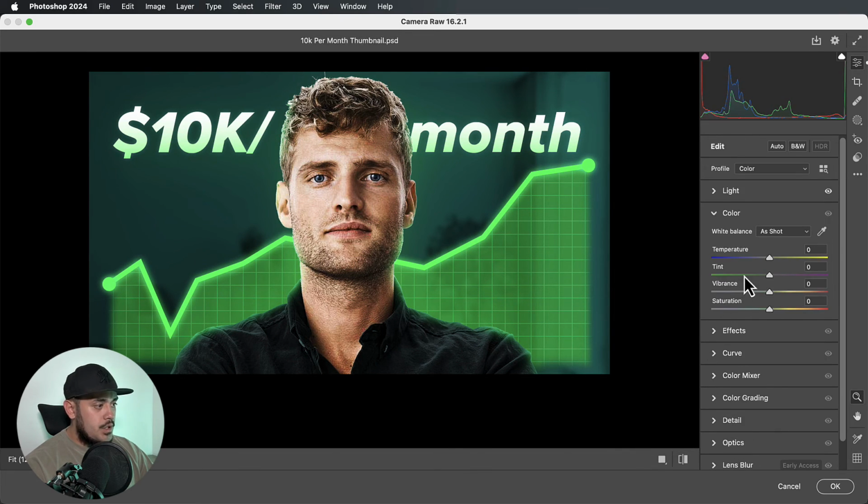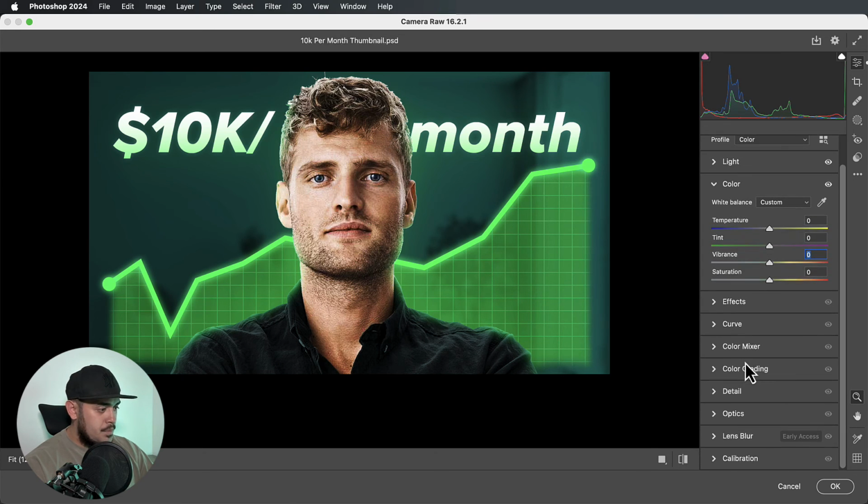Okay, moving on to color, let's just toggle with these sliders. Again, we can adjust the temperature a little bit and it gives a different tint, but I'm just going to toggle about with these settings and see if there's anything I like. If not, I'm not going to change anything. Vibrance, there's already a lot of saturation and vibrance with these colors, so I don't want to work with this